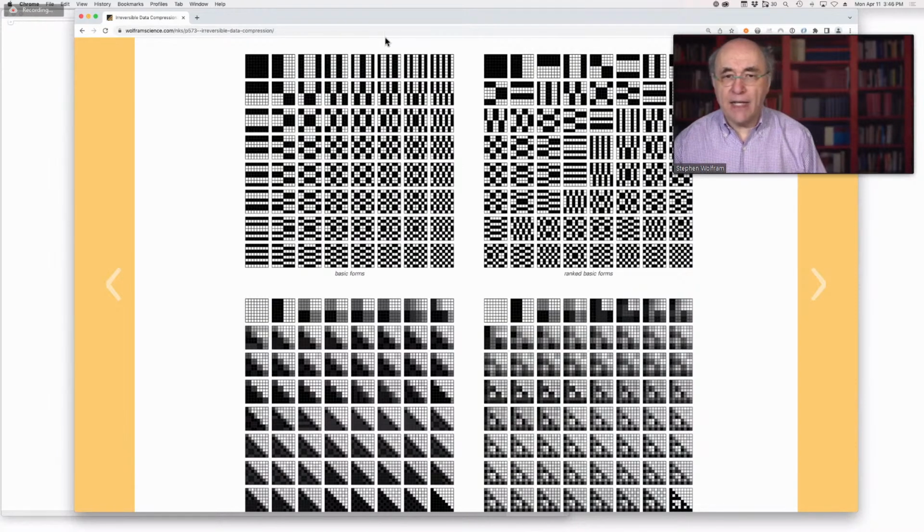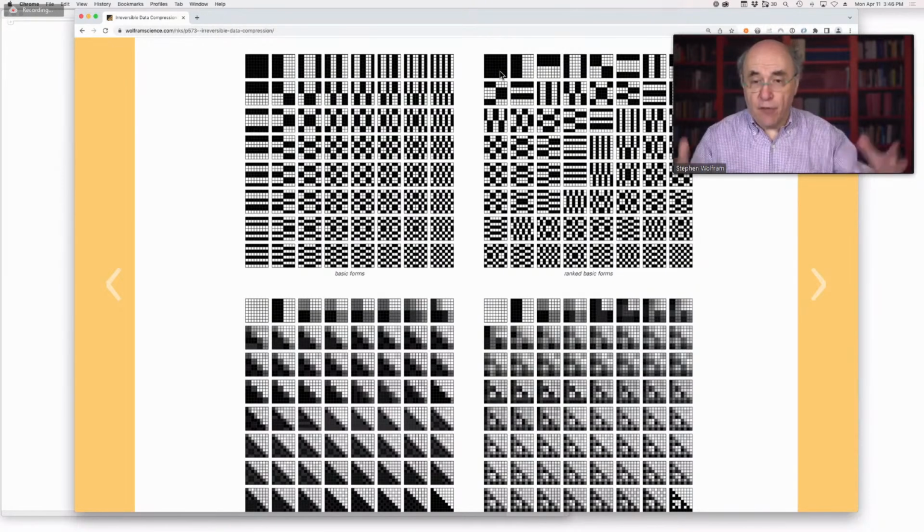So by ranking these different forms in order of what's perceptually most important, we get to compress, for our visual system's purposes, an image. And this is more or less how JPEG compression works. We're keeping just these coarse aspects of the image and not these very fine-grained aspects here.